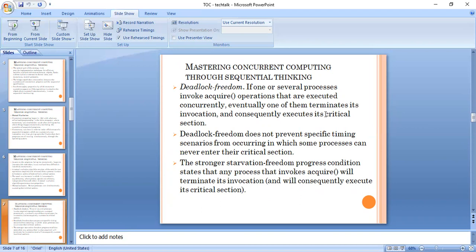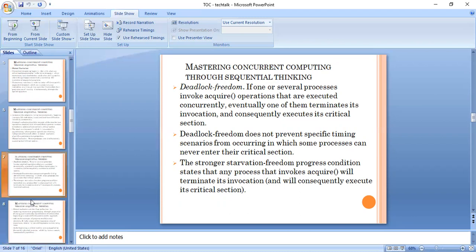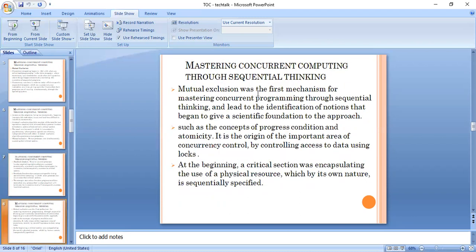Deadlock freedom does not prevent specific timing scenarios from occurring in which some process can never enter the critical section. The stronger starvation freedom progress condition states that any process that invokes acquire will terminate its invocation and will consequently execute its critical section. Mutual exclusion was the first mechanism for mastering concurrent programming through sequential thinking and led to